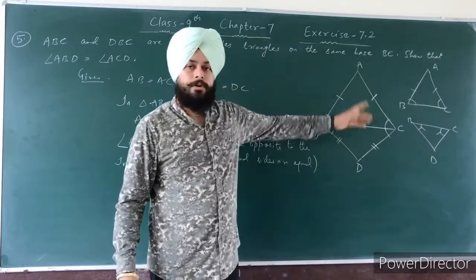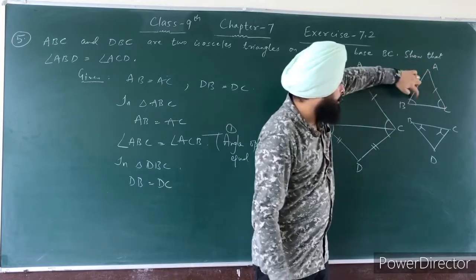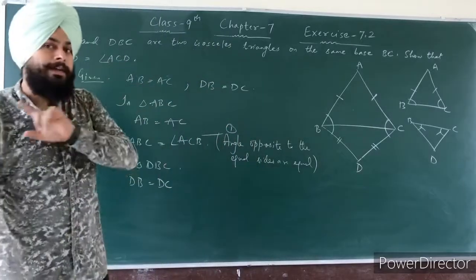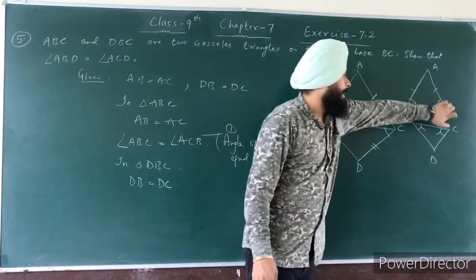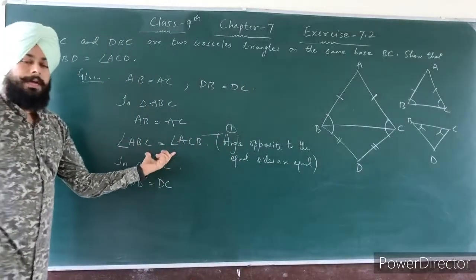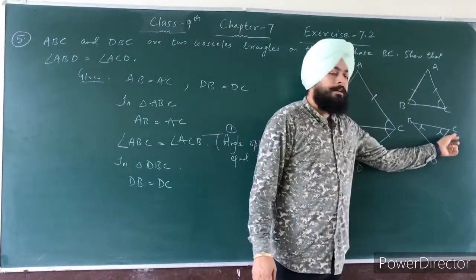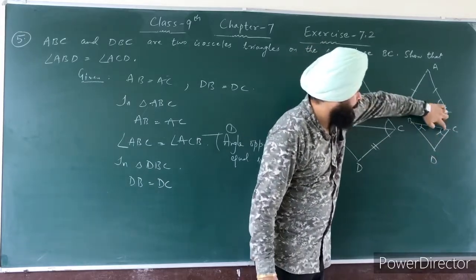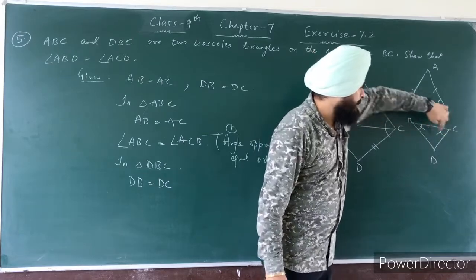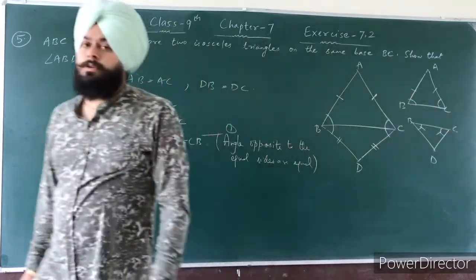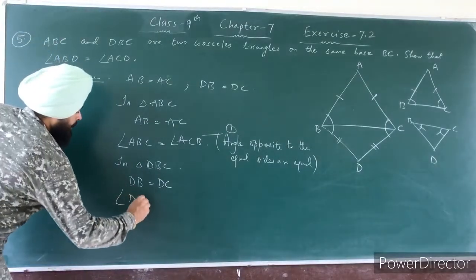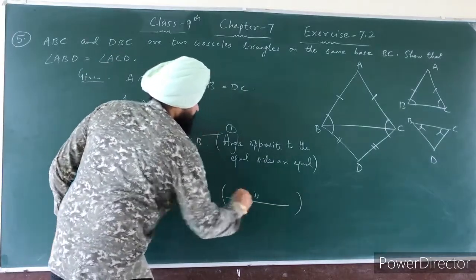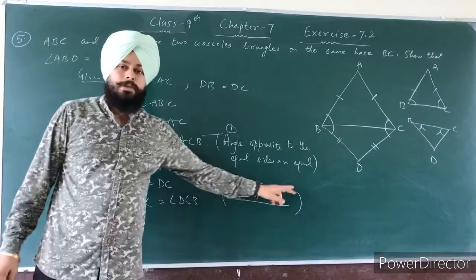Okay, so we are drawing the angles separately. So AB equal to AC, then angle B equal to angle C. You can write the full name. Don't write angle B only. You can write angle ABC and angle ACB in this way. And in this triangle, DB side equal to DC, then angle DBC equal to angle DCB, because angle DBC is opposite to side DC and angle DCB is opposite to side DB. It is also equal. So you can write here angle DBC equal to angle DCB. So the result is the same: angles opposite to the equal sides are equal.